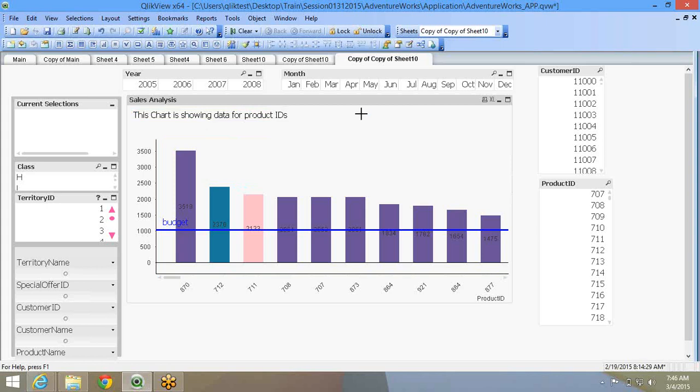Now this text can also be written in an expression based on the calculation. And then you can derive some insights out of it.